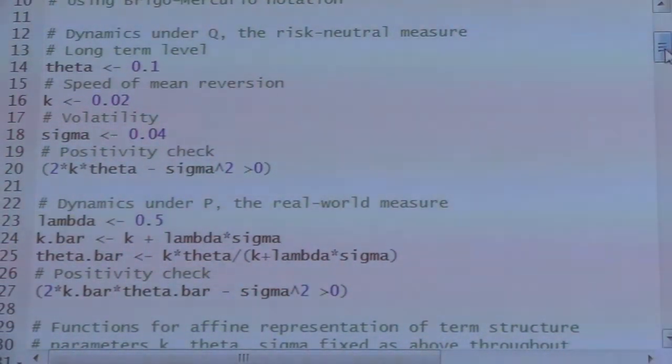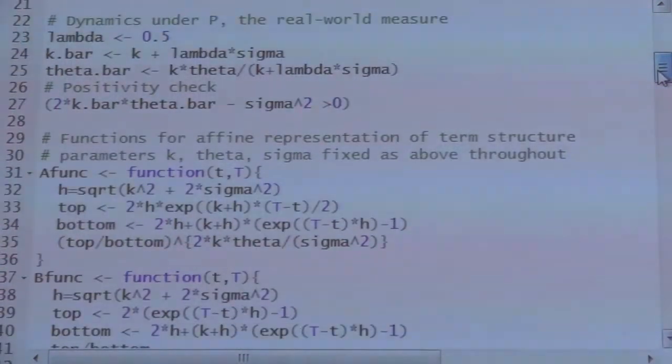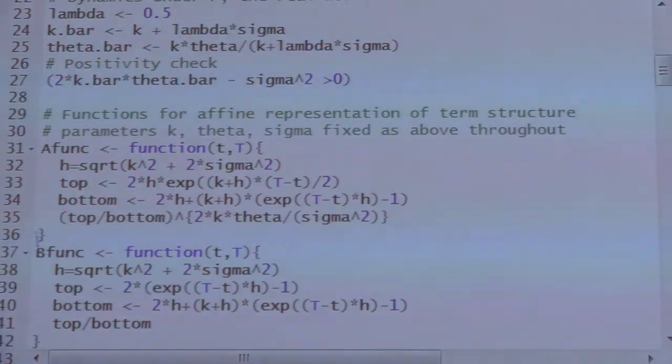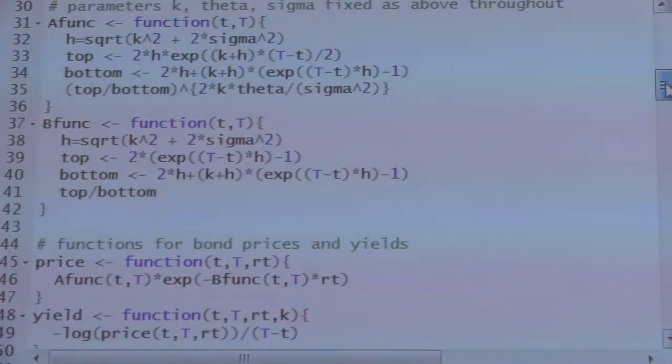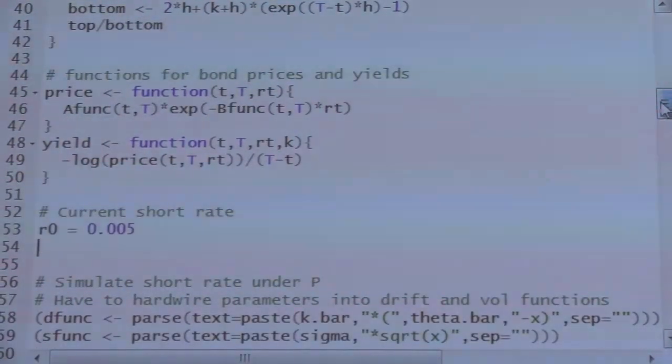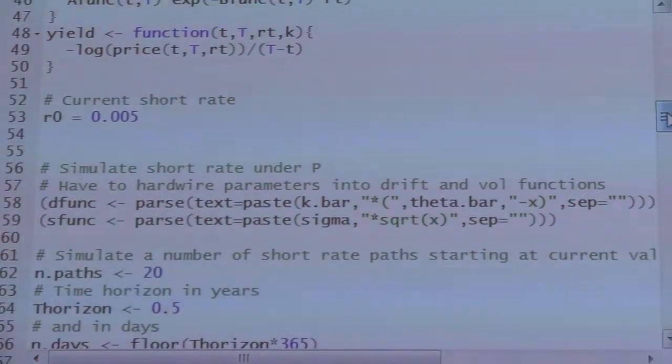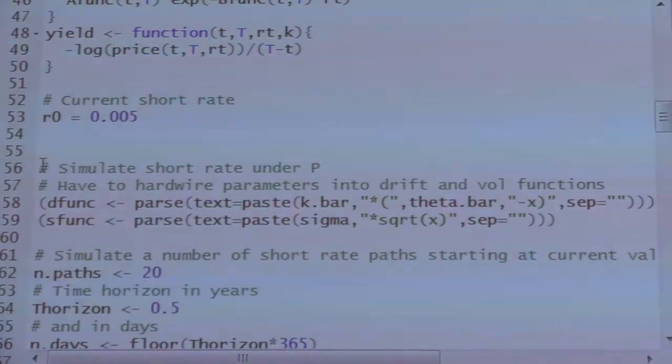Good. So I already ran all these things. So there's a P and the Q dynamics of the interest rates there. And then we have this pricing function for zero coupon bonds. There's an A and a B. These are the functions which I just showed you on the slide. They appear also in interest rate modeling. And then now we can price the bond and we can compute its corresponding yield. The current short rate is 5%. And then we can simulate